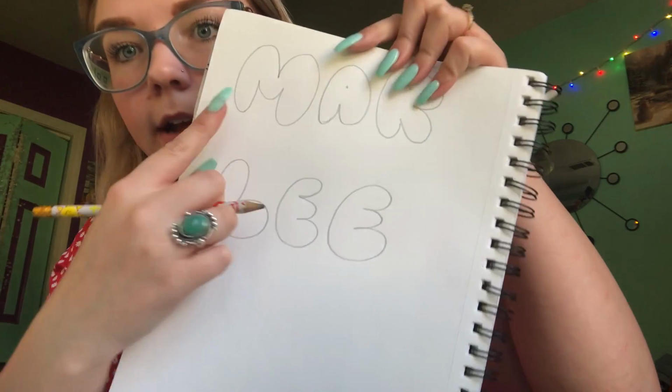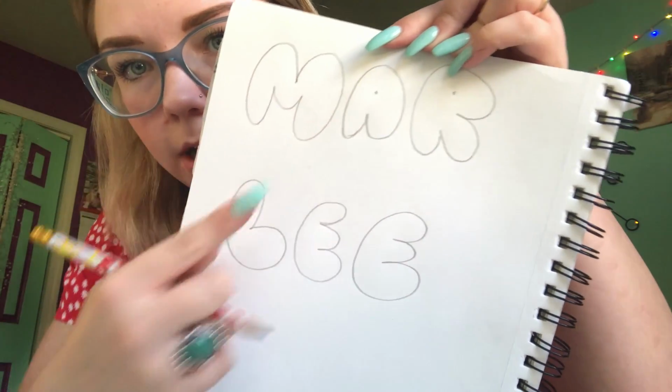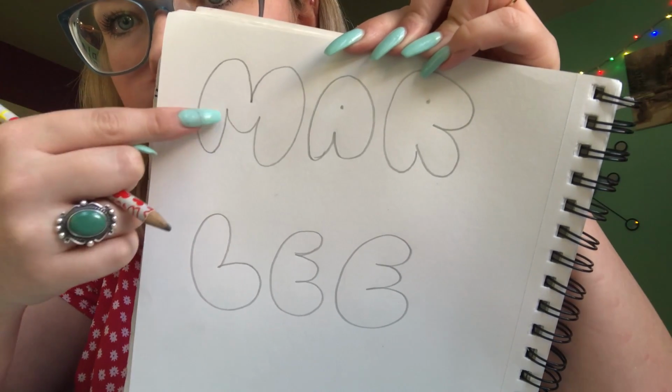So I'm going to demonstrate with my name. I'm not going to write the whole alphabet, but I'm going to demonstrate and then you guys can practice on your own, okay? So the first kind that I like to do are bubble letters. And they look like if you were to take a bubble wand and it was able to blow letters. I ran out of room. So my name is Marlee. So this is an